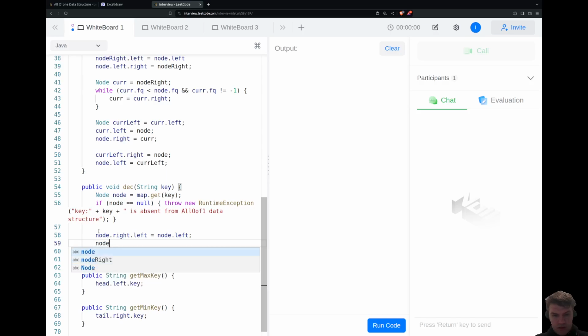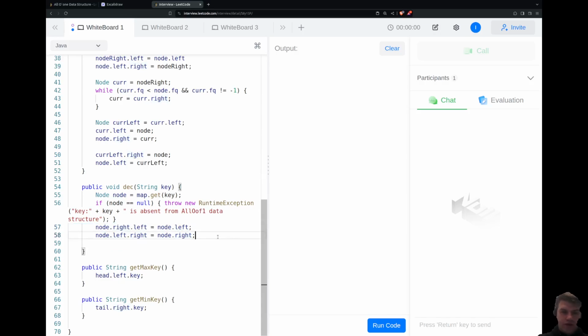And then node left right equals node. Okay, for this can I remove it? And then